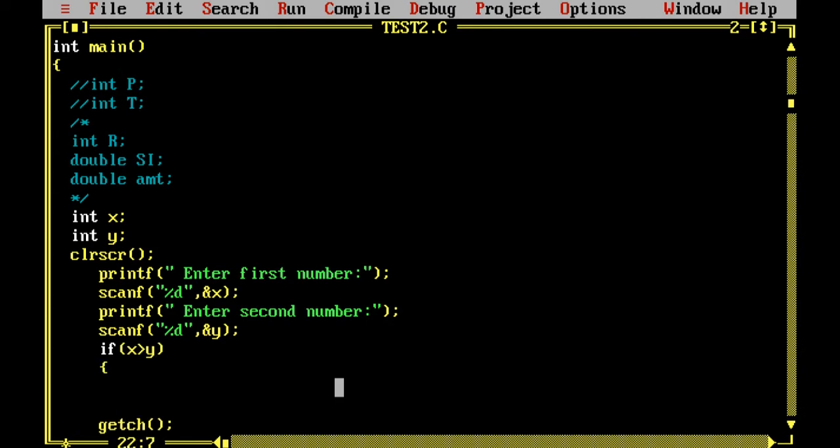Now here in this program I'm taking two numbers from the user and putting them in x and y. My program says that if x is greater than y, then print x is greater, else print y is greater. This is called if else. Here x greater than y is called the relational expression, and its output is always true or false. So if it is true,